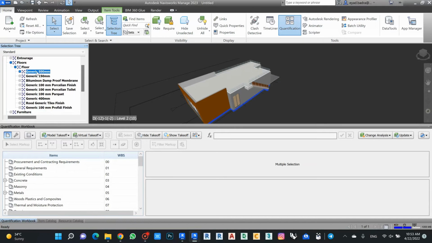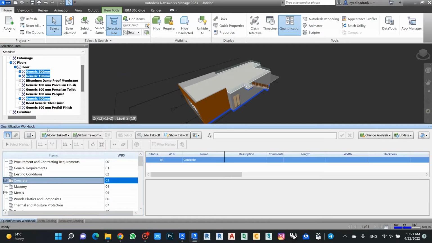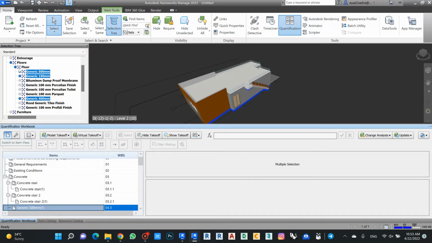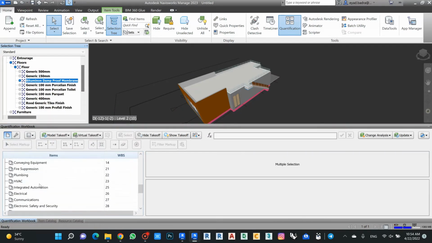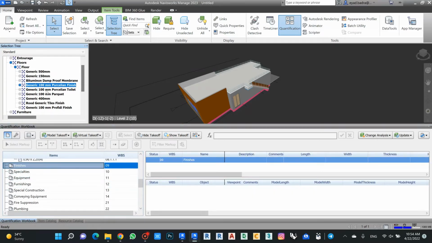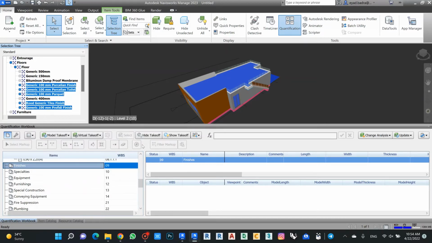So I can take all my generic in this case and add it to the concrete, and then in my finishes I can take all my finishing ceramic and porphyry and tiles and add it to the finishes,